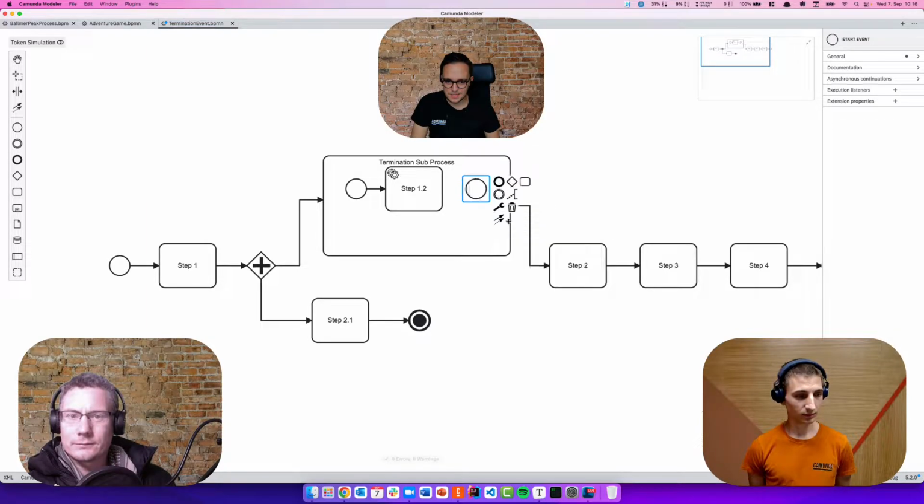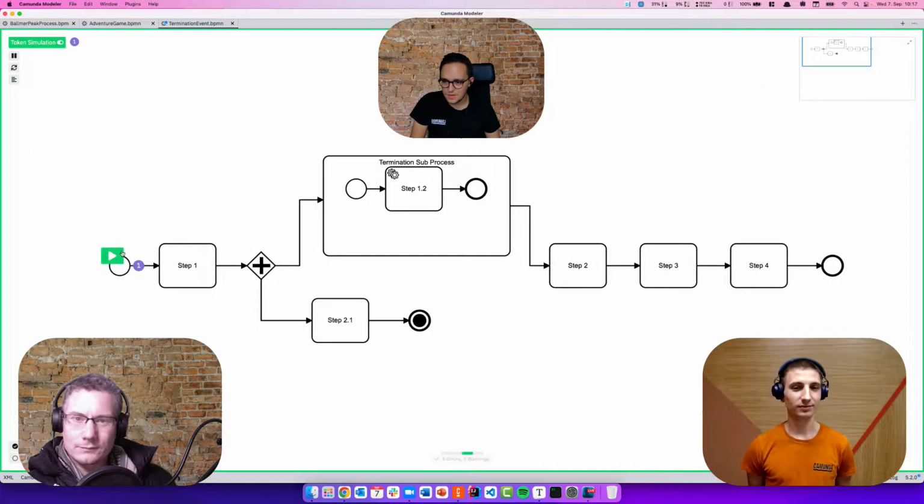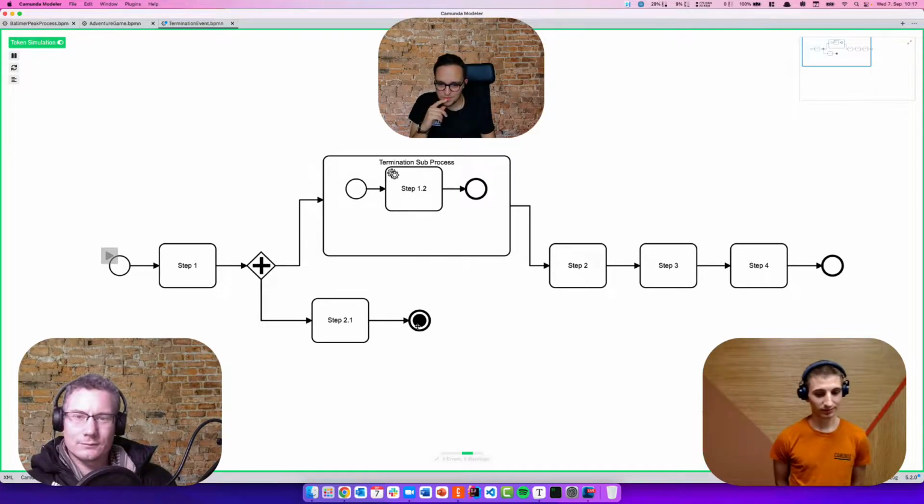So maybe let's, oops, not a start event. Let's model it like this. When we test this out, yep, there you can see that in the subprocess it's also terminated, whereas when we do, say, for instance,